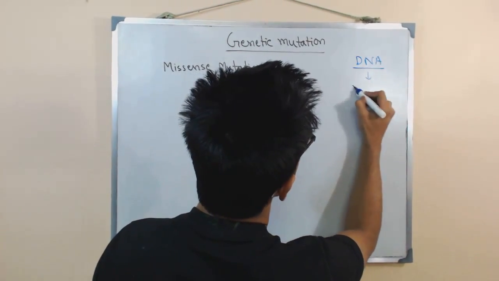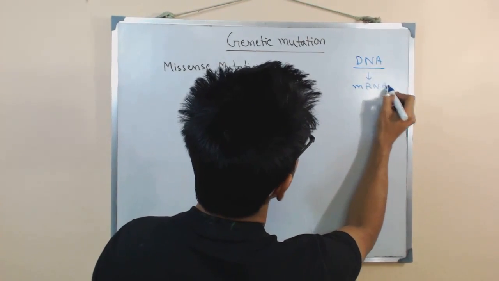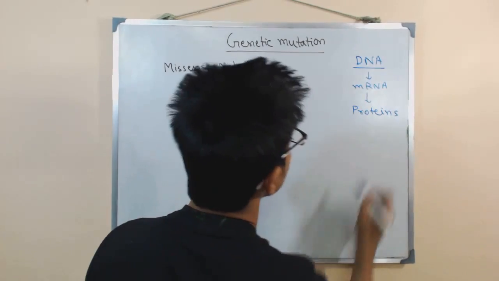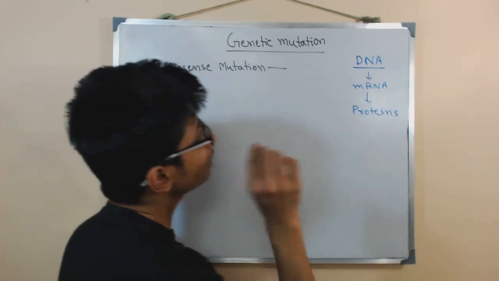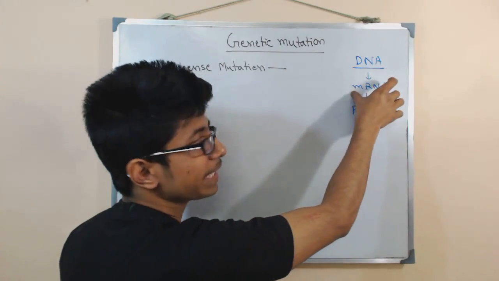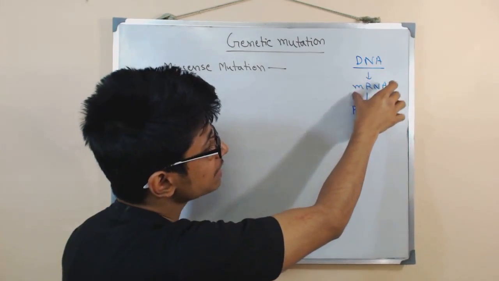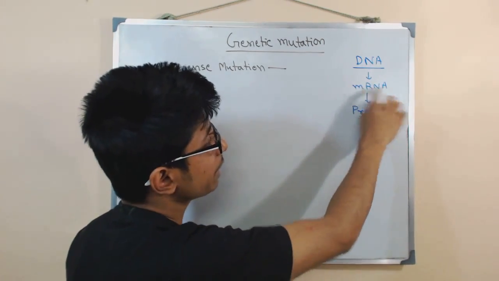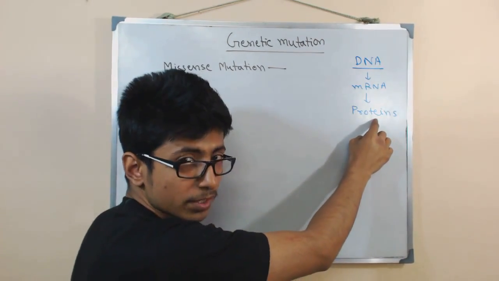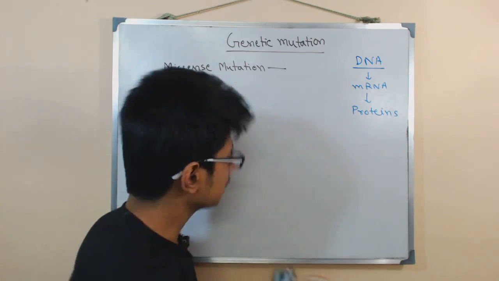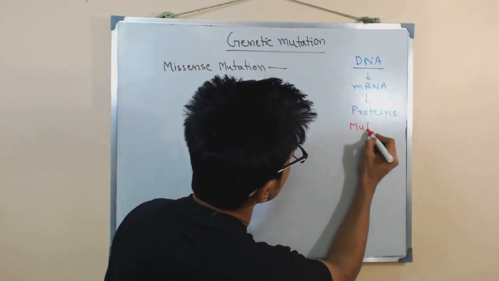From DNA we produce mRNA, from that mRNA we produce proteins, right? So if any nucleotide change occurs at the DNA level, it will create some change at the mRNA level. The change in mRNA level ultimately reflects at the protein level, because that mRNA will be translated into proteins, right? So point mutation means the mutation